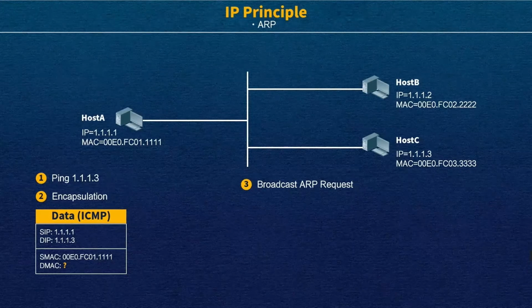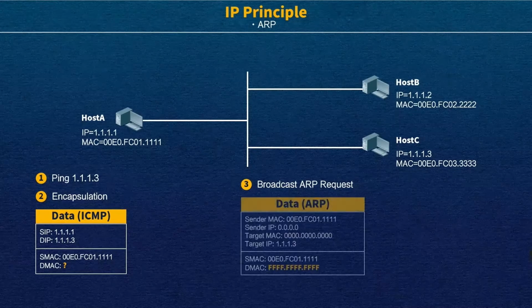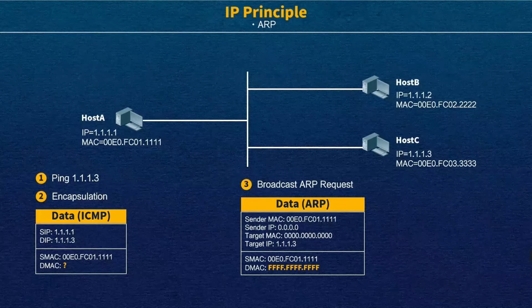Of course, if you want to get this information, host A also has to send out the ARP successfully and then get the reply. So the ARP also has to do the encapsulation. Let's see the detail. On the data, we have to add the ARP information. The first part, pay attention, belongs to the ARP message, not the network layer. It's not the IP header.